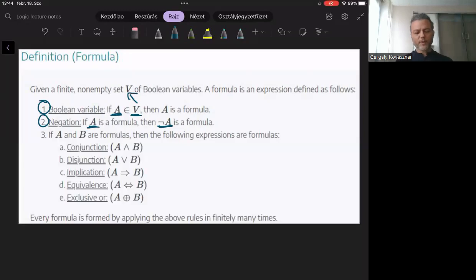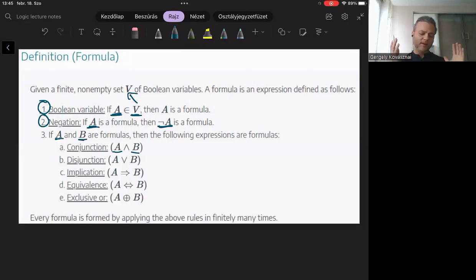The rest of the connectives, such as conjunction or implication or XOR, and all those 5 operators we got to know, are so-called binary operators. They have 2 operands, on the left-hand side and the right-hand side. Of course, those 2 operands must be formulas, must be statements.